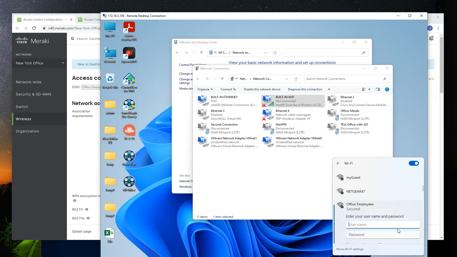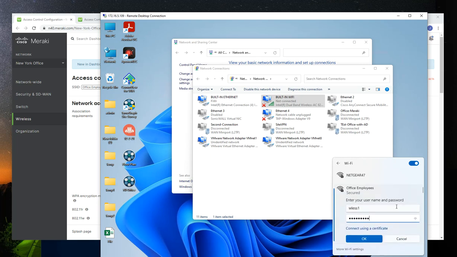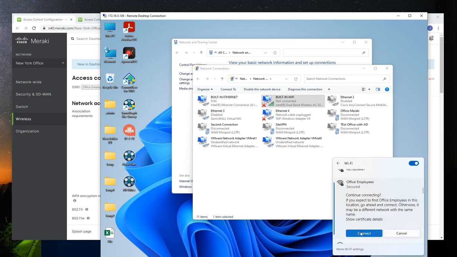Office employees, that's what I meant. So that's gonna prompt me for the username and password. So I'm gonna type in the Active Directory username and password. That's gonna be wireless1, and the password that I used for that account. I'm gonna click on connect,